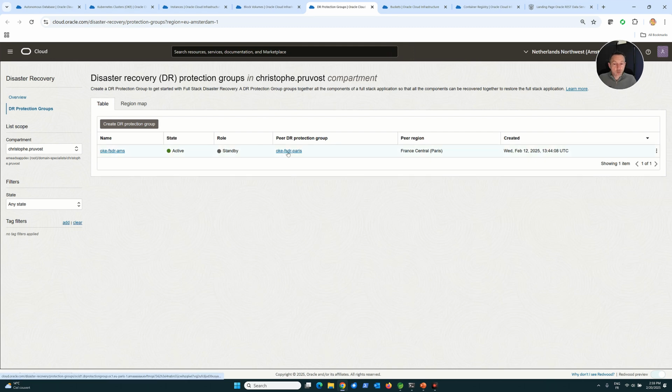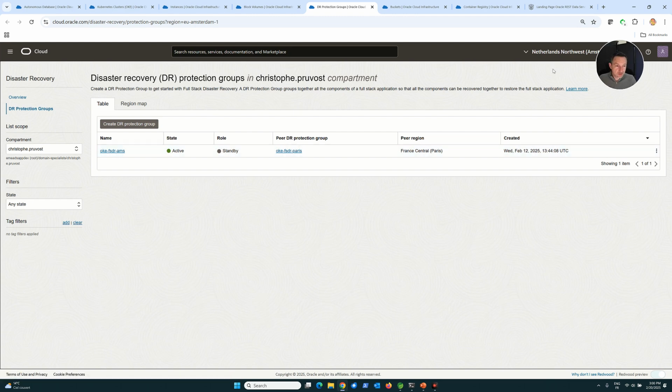One on Paris, OKE FSDR Paris, with all the members needed, and mainly the OKE primary cluster, and the volume group that is storing all the volumes of the PVC deployment in Kubernetes, and a standby OKE here, Amsterdam, and